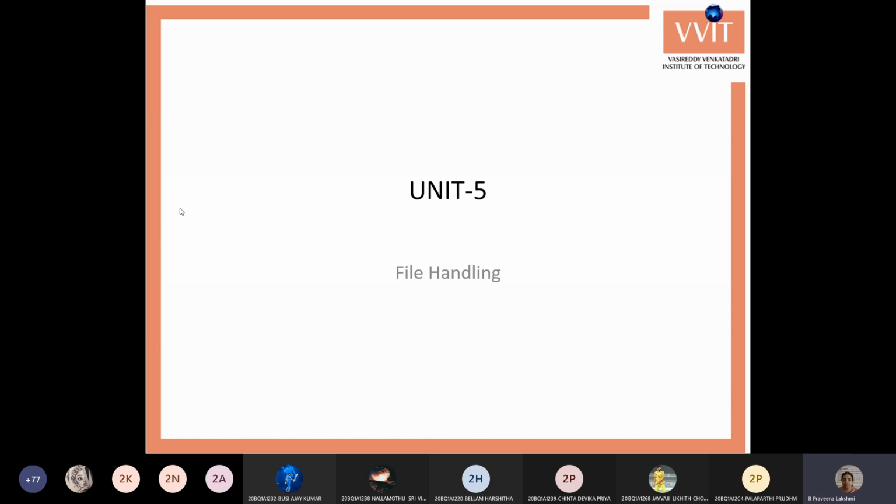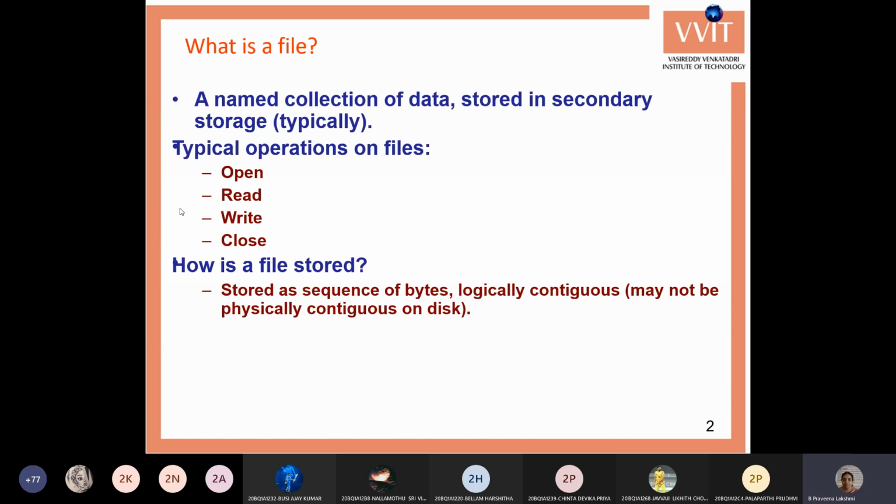We go to the topic of files. Okay. So assume that a file is nothing but whatever files you are seeing at present. Whenever you want to work with files, say for example, if you want to write a C program, just go to the CodeBlocks or any other window and open a new file and type the code, then save the file, then go for compile and run the program, and then close that.